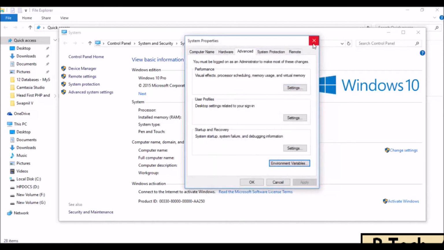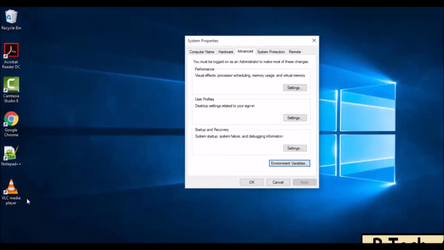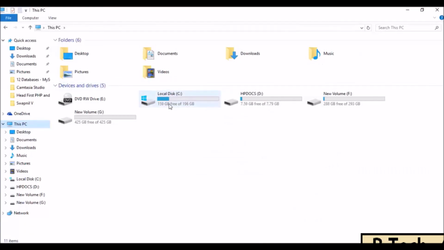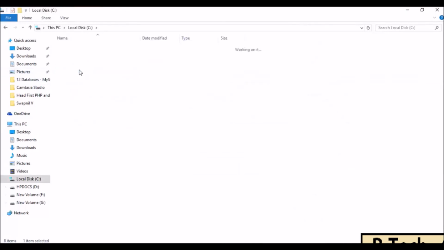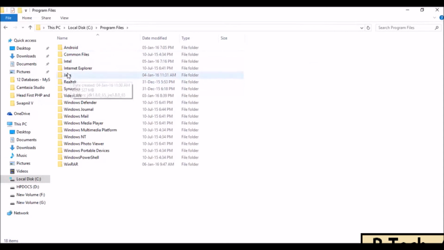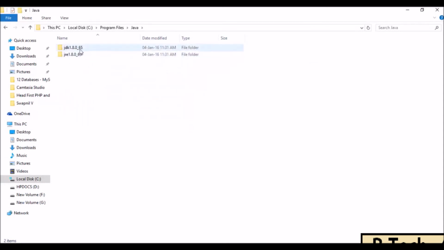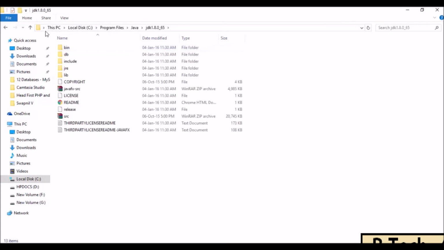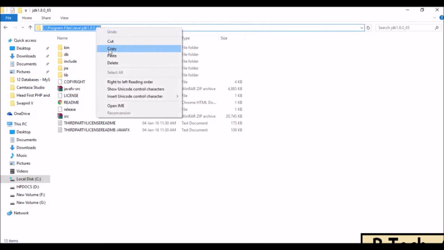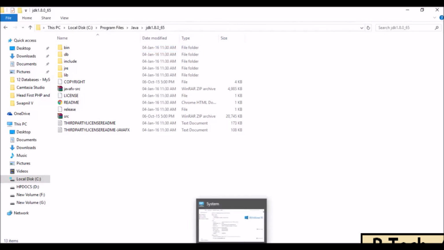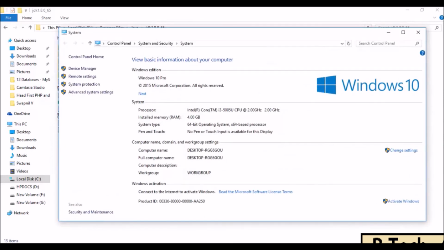If you have no idea about the location of your Java JDK, you simply go on to My Computer, then go on your C drive, then open up Program Files. In the Program Files, you will get a folder named Java. Just open it up, and in Java we have two folders, the first one is the JDK and the other is the JRE. The JRE stands for Java Runtime Environment, and in this case, as we are dealing with JDK, we just open it up, and as you could see, this thing right here is nothing but the path which we want. So we simply click on this path, right click on it, click copy, and the path is copied to the clipboard.